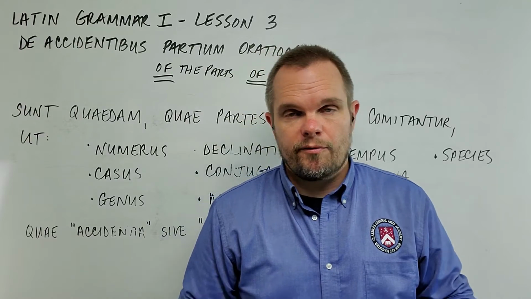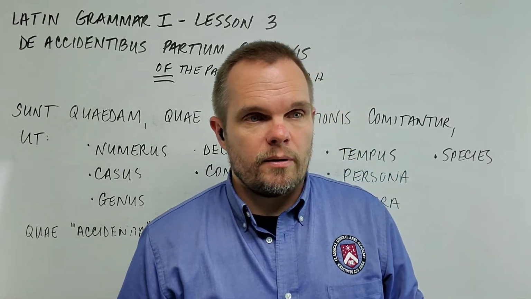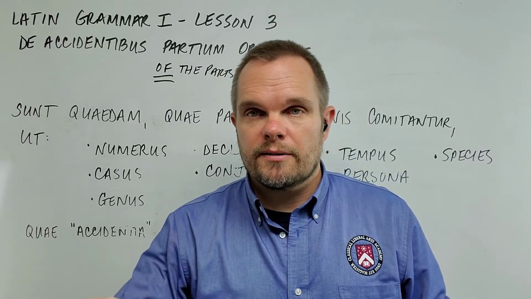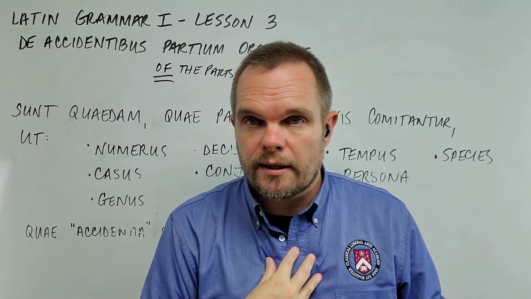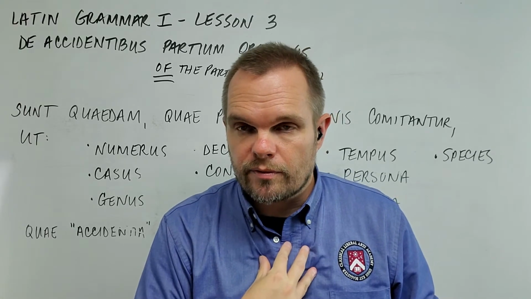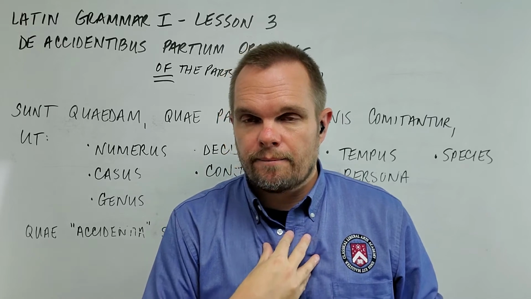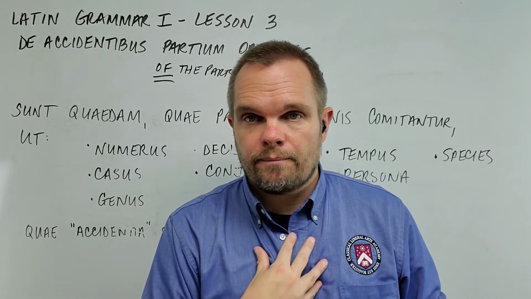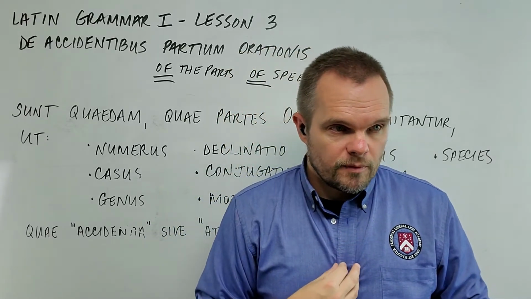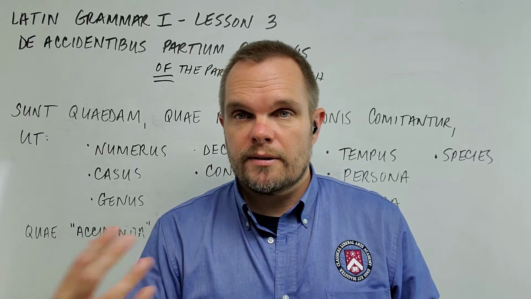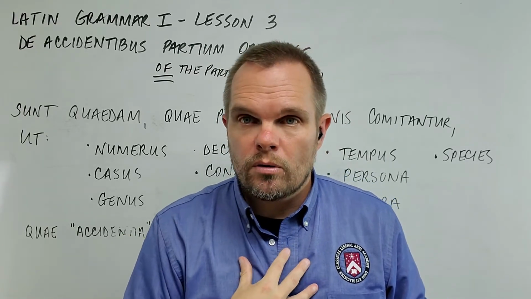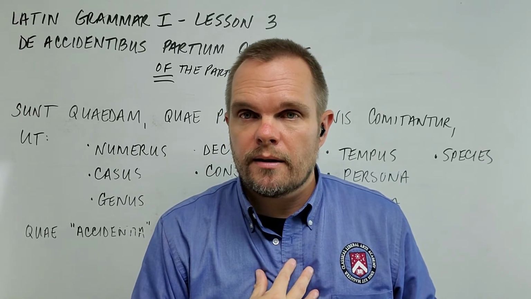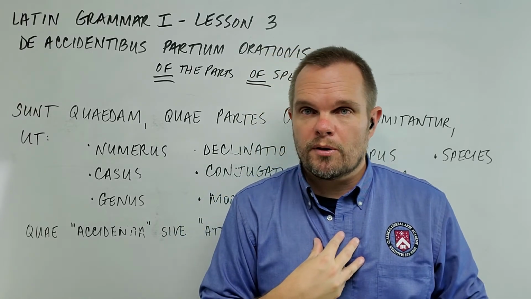Dicimus enim, for we say, ego ipse. Ego is first person, and ipse, I said, means himself, but if I say ego ipse, it means I, myself. So in that example, ipse is first person. In the next example, we also see ego qui. So we see qui works the same way. I who am teaching this class, ego qui in that example is first person.